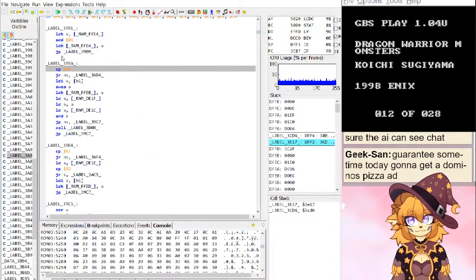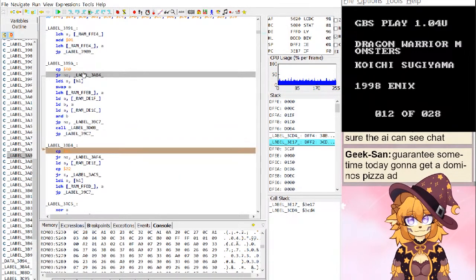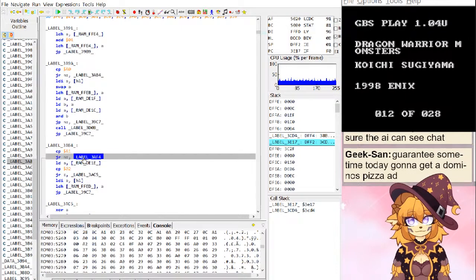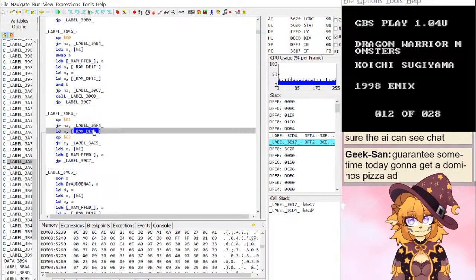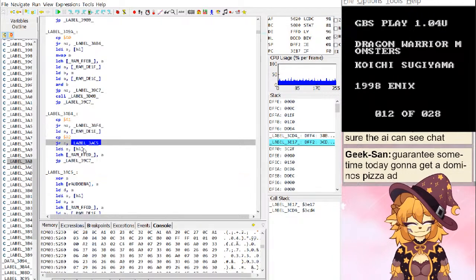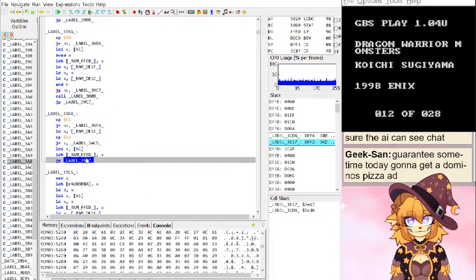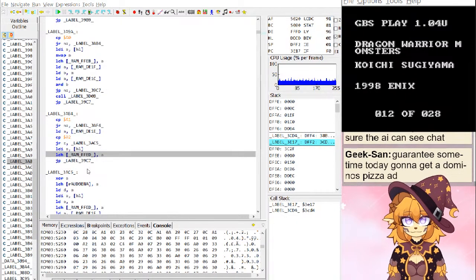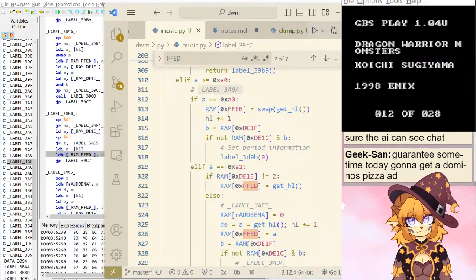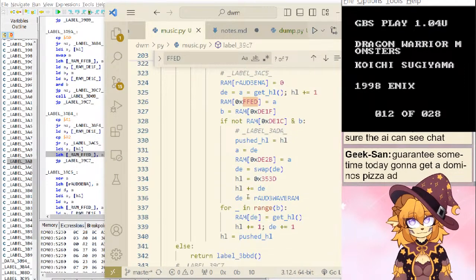Where are we? A1. Takes that as a comparison jumps when it's equal to there. Otherwise, yeah, it puts it in FFBD. It goes to 39C7.